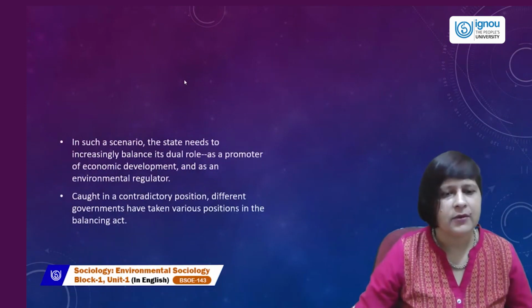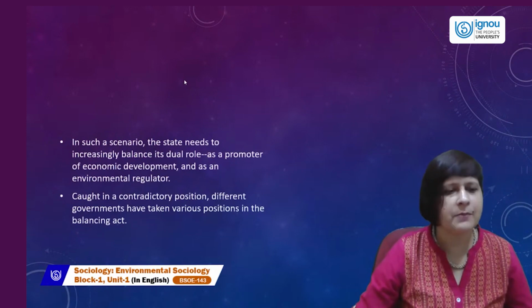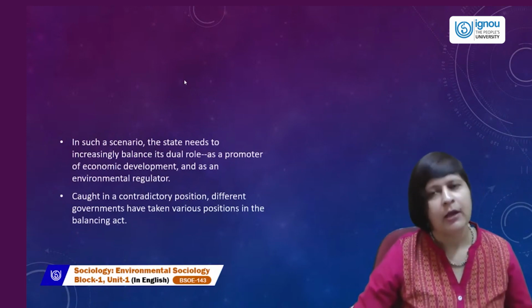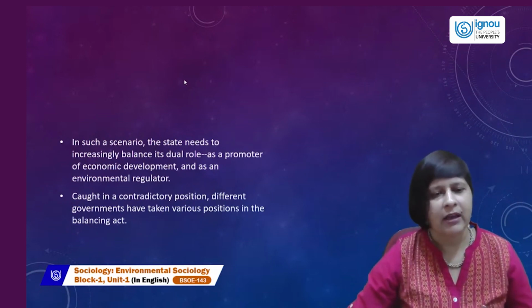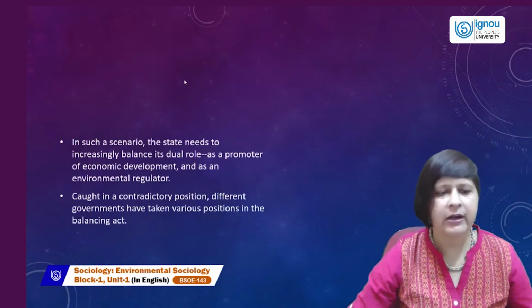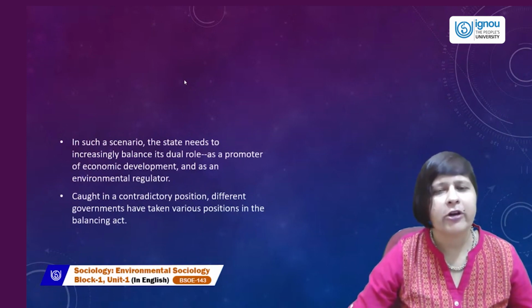In such a scenario, the state needs to increasingly balance its dual role as a promoter of economic development and an environmental regulator. According to him, both activities are important, that is, economic development is important, and at the same time, environmental